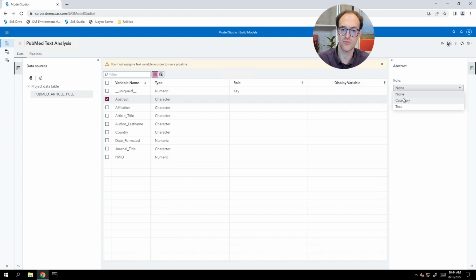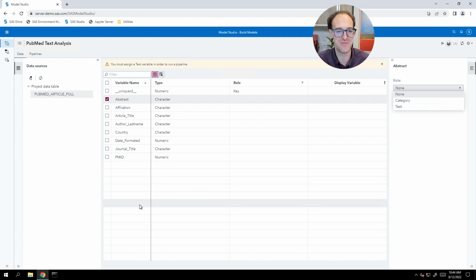You'll notice there's an option for the category role. We can set variables to category roles to create category rules to try and determine which documents correspond to this category. For example, we might have a categorical variable, maybe like a sentiment variable, how we feel about these documents or how these documents feel about the drugs or the health outcomes that they're analyzing. And we might want to try and categorize documents as having healthy outcomes or unhealthy outcomes.